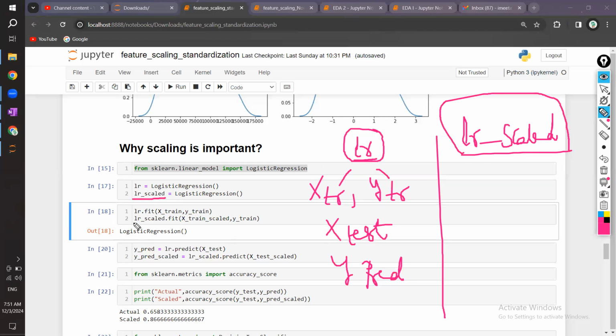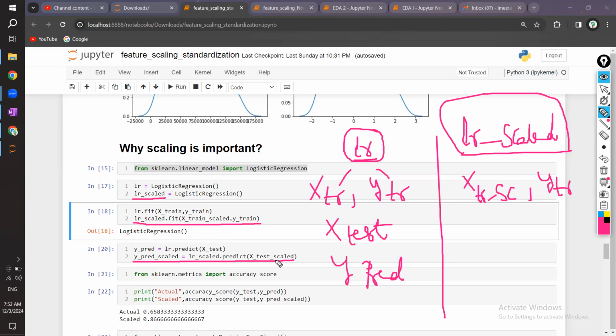I am passing X-train scaled data, and Y-train. You pass X and Y, and the model gets trained. Now, while doing predictions for this LR scaled model,